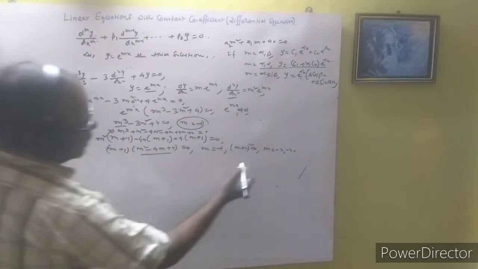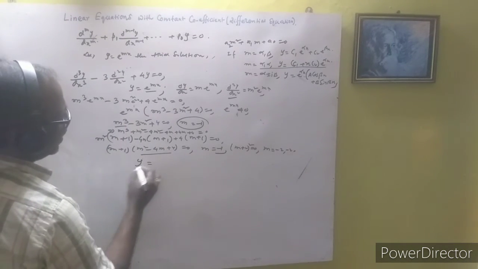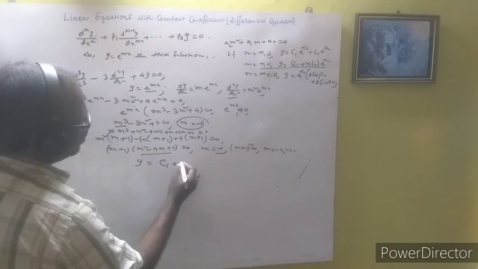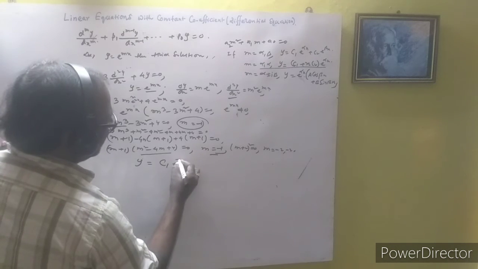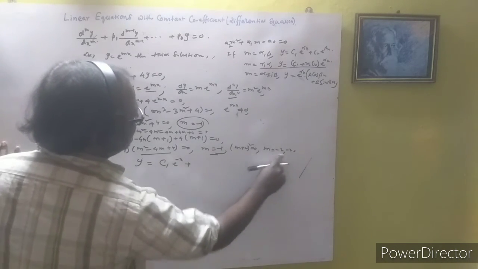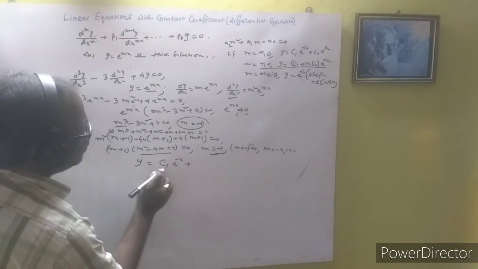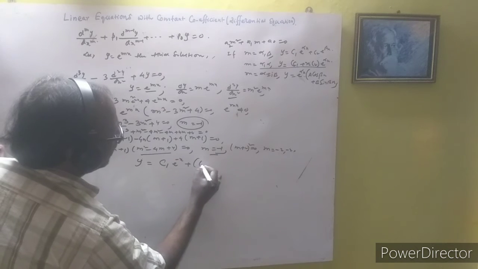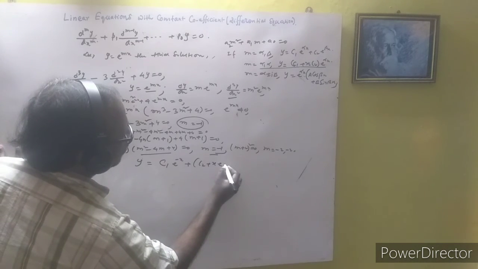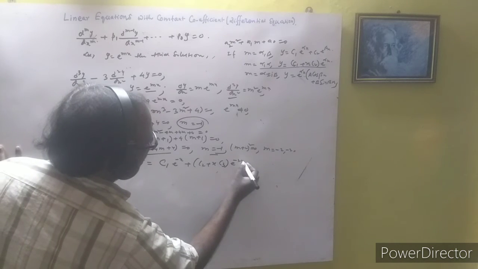Okay, and this is different. In a single solution, we can write here c1 into e to the power alpha x. Okay, this is alpha x, let us assume, and the other two are the same. So like this pattern we can write here, as we used c1 here, so we write here c2 plus x into c3 into e to the power minus 2x here.